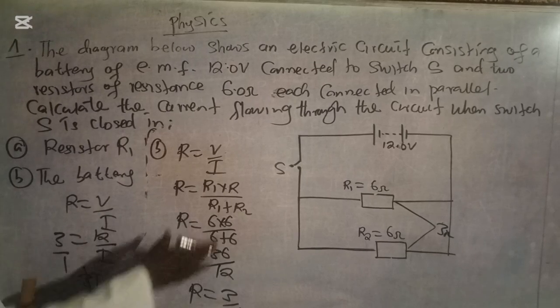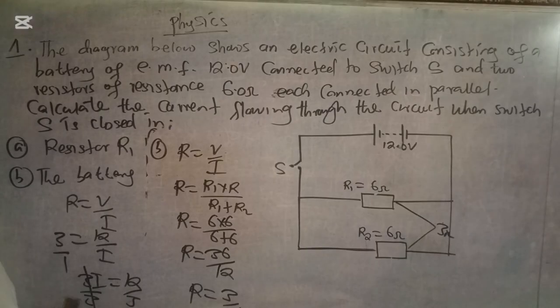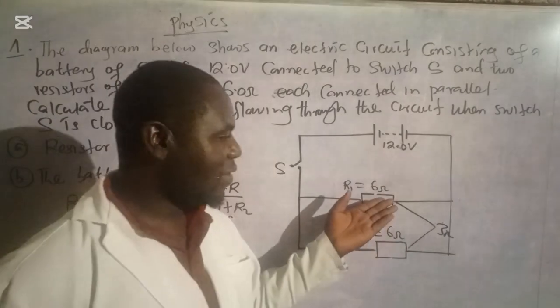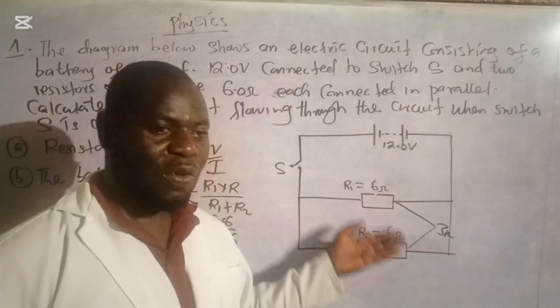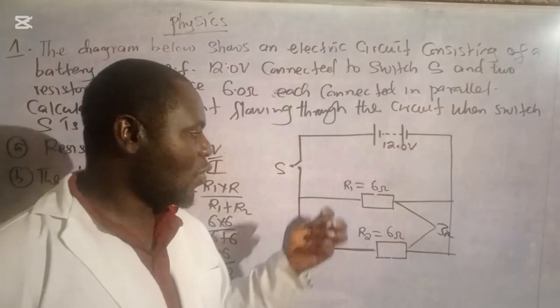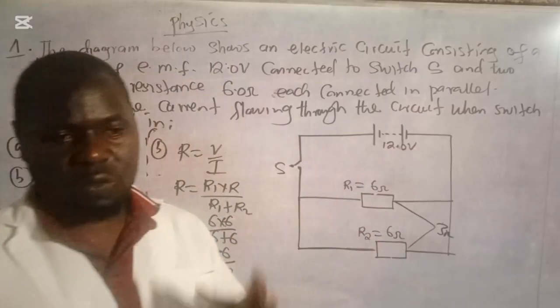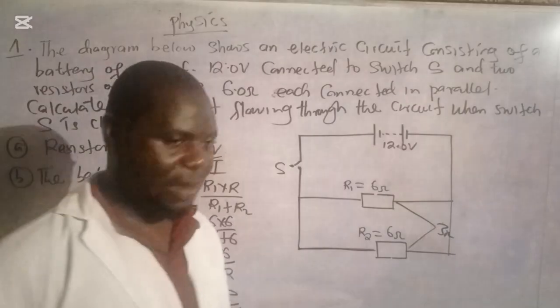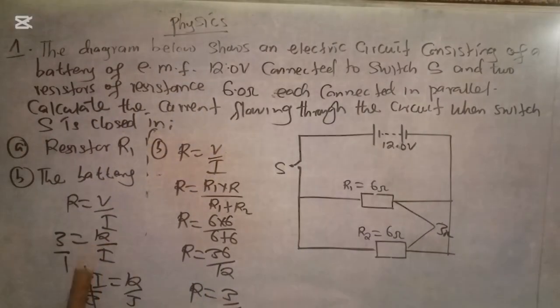Yeah. So each one can use this concept or this concept, but don't waste time. Since here we know that this is a 6 ohm resistor, which means we have the same current, you add 2 plus 2, which is equal to 4 amps. Good. So we go to question 2.